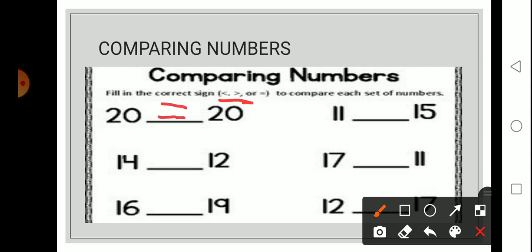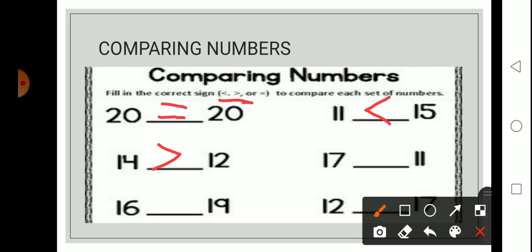And now tell me between 11 and 15, which is the biggest number? Yes, it is 15. Now tell me between 14 and 12, which is the biggest? Yes, it is 14. So the crocodile is opening his mouth towards the biggest number.